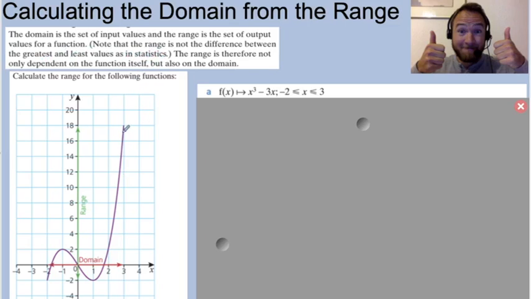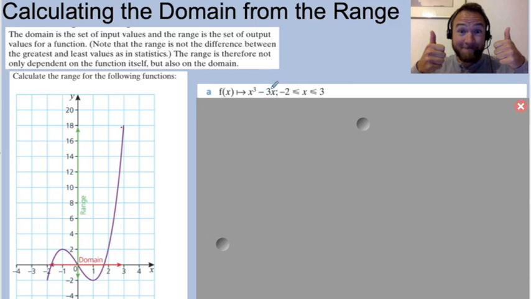Okay, our range here is not the difference between this top point and this bottom point. It's the values that our y can eventually reach, both positive and negative, as high as it goes and as low as it goes. So if I have a function here,